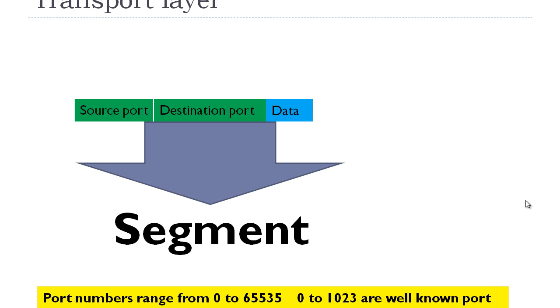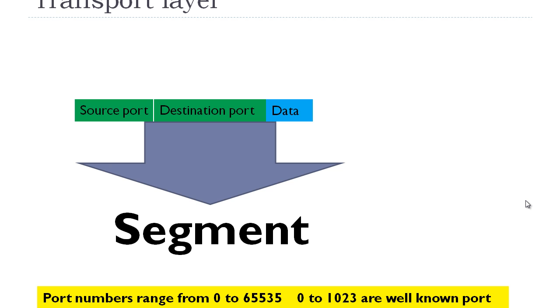If my PC tries to communicate with the Google web server, my PC is going to use a port number, but that port number is just a random port number. It is not going to be between 0 and 1023, because those port numbers are reserved. They are well-known ports. So my PC is going to take a different number starting from 1024 all the way up to 65,535.